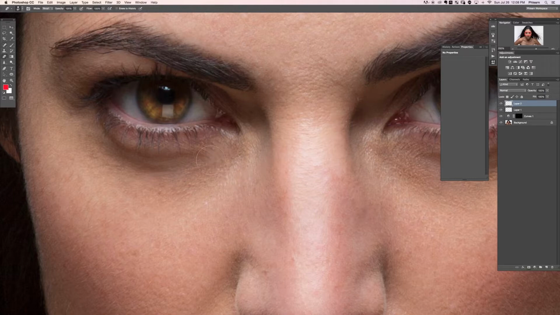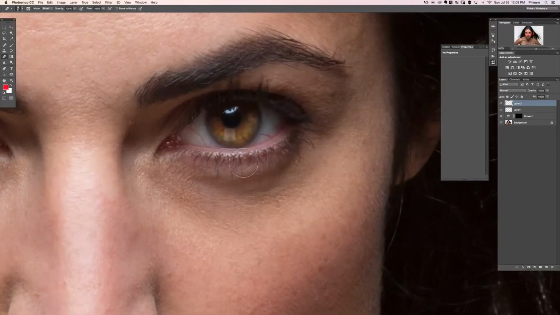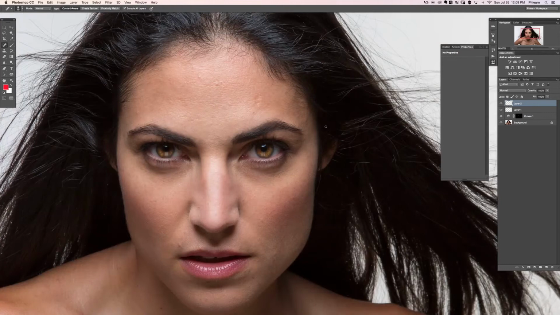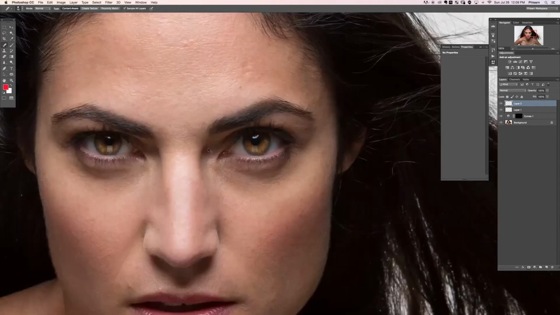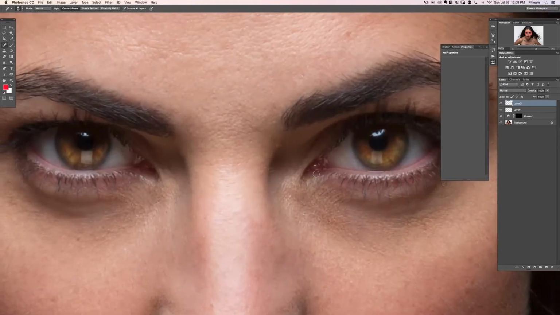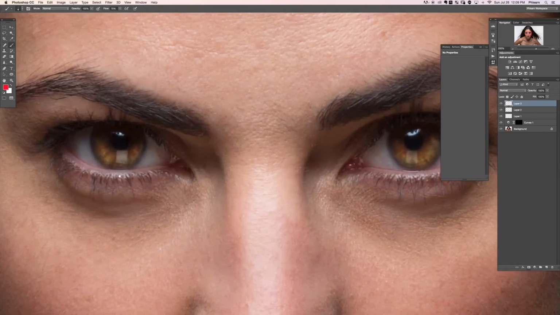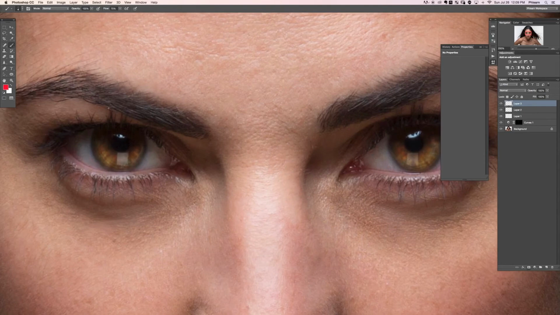All right. Cool, let's go ahead and work on this other eye too. The keyboard shortcut for this tool is J, by the way. Okay. Here we go. That looks pretty good. Cool. So we just took care of a few of those little things in the eye. All right. Now the next thing we're going to work on with these eyes is enhancing our catch light. The catch light is